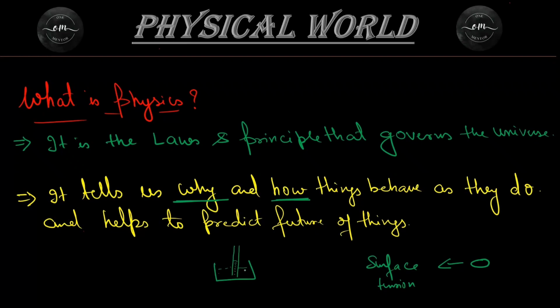You might have studied this in a beaker where we keep a small tube, a capillary tube, like a straw. The water has come up. How much height has it reached? What is the height of the water? We will not do the experiment. We have the surface tension value, we have the R value, and we can calculate directly. We can predict the future directly.